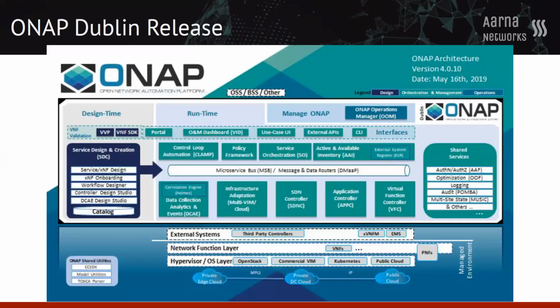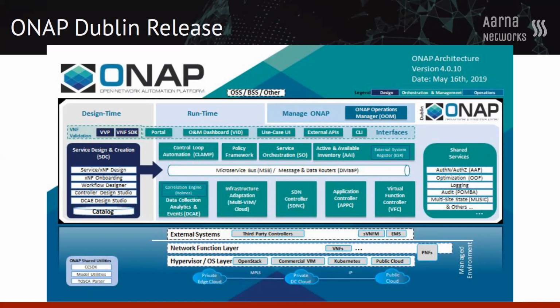This is the official architecture diagram from the Dublin release. And I'm not really going to go through it today, but what you see is roughly 30 active projects. And you see on the left, you have the design time, all the blocks in dark blue. And the main project there is service design and creation, a GUI-based unified design studio, which is very easy to use. The whole idea is that non-programmers should be able to interact with ONAP. The right-hand side is the runtime